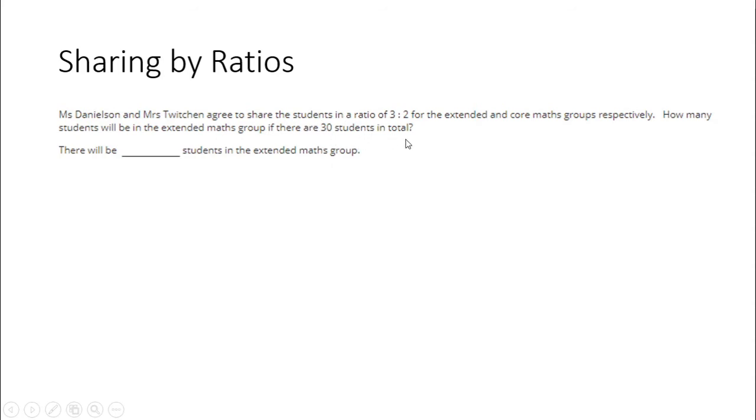30 students in total needs to be split into this ratio. That's not 30 students for Ms. Danielson, nor is it 30 students for Ms. Twitchen. It gets shared between the two. Okay, so first thing we need to do is set up the given ratio,